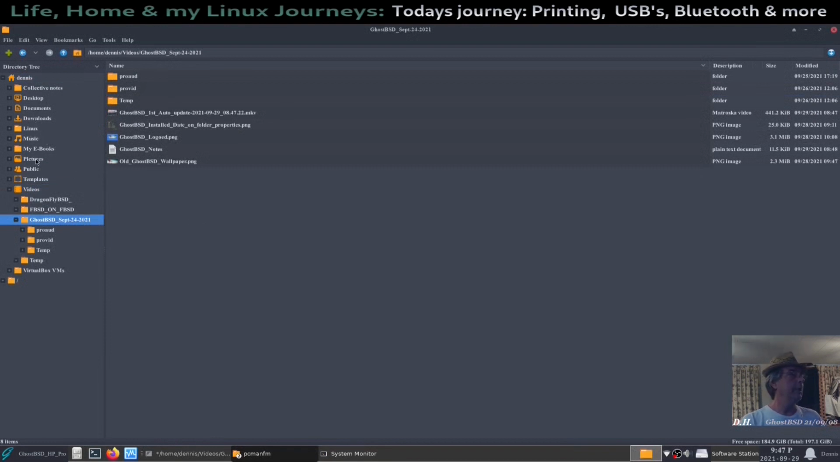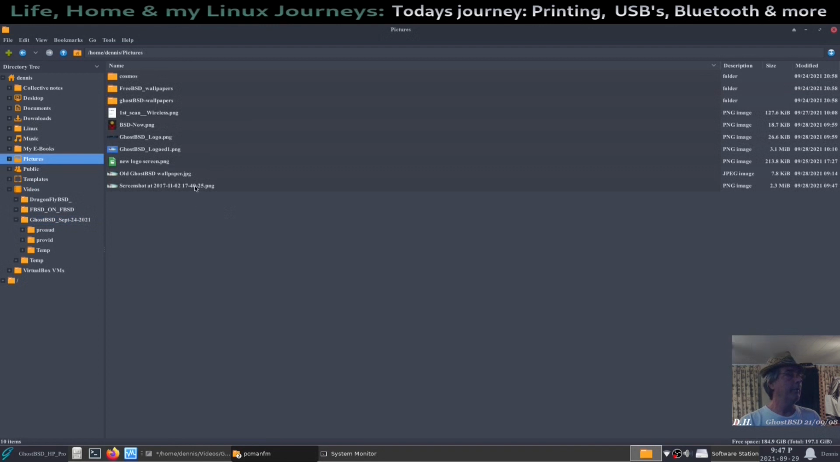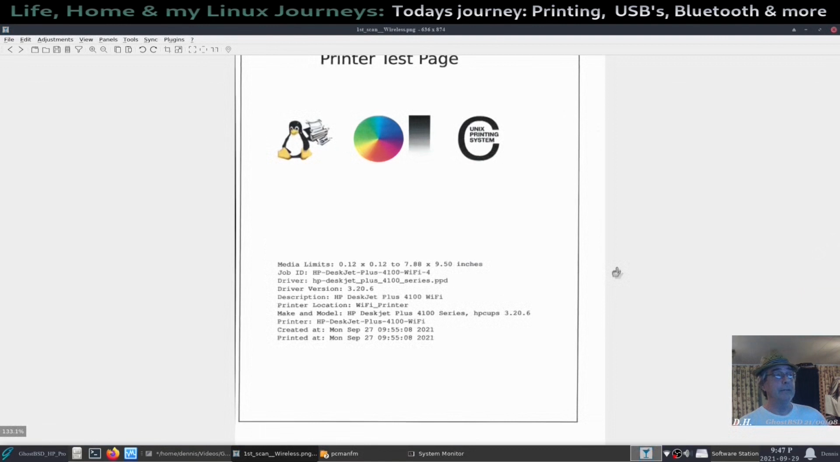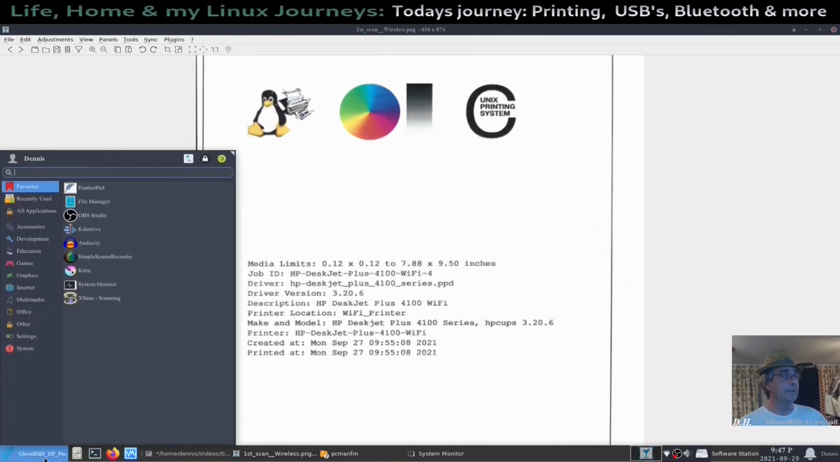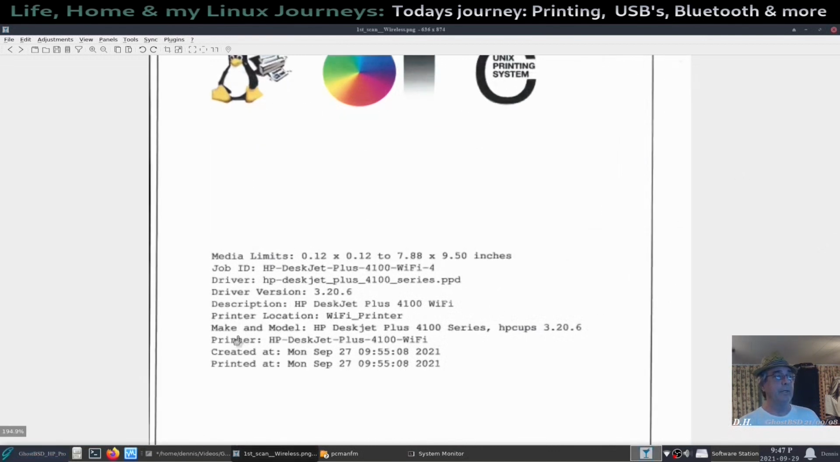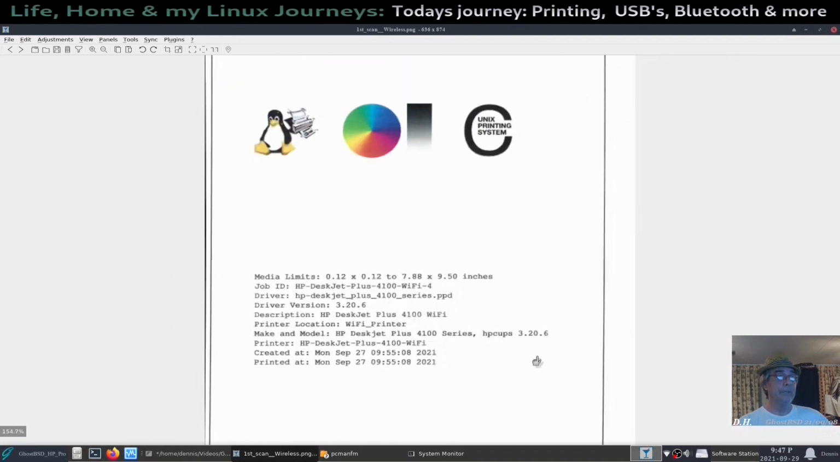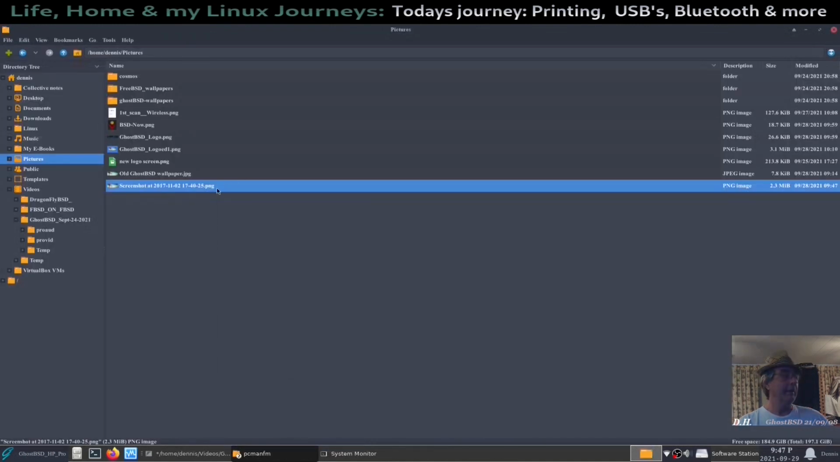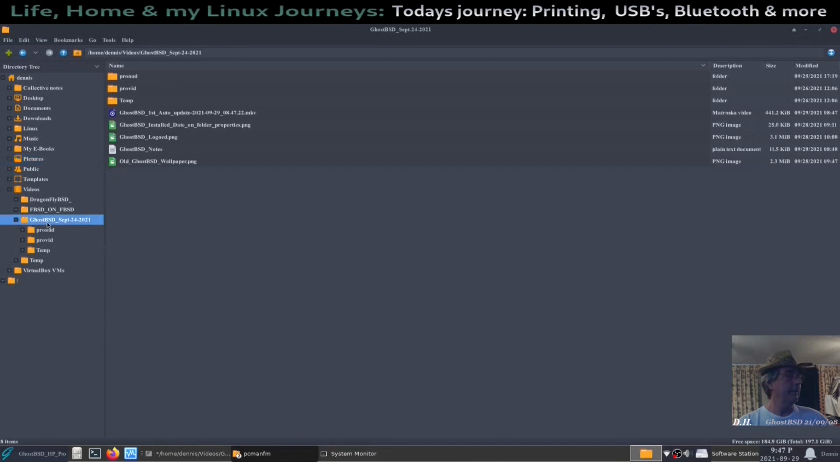Oh, I bet it's here in my picture. Yep. There it is. I was able to actually scan. I installed a program called Xsign right here, and I was able to scan what I had just printed from the test page. You can see right here it says HP DeskJet 4100 Wi-Fi. Once I printed it, I stuck it in the scanner, installed Xsign, and was able to scan this document right in there. We'll put this over here temporarily,